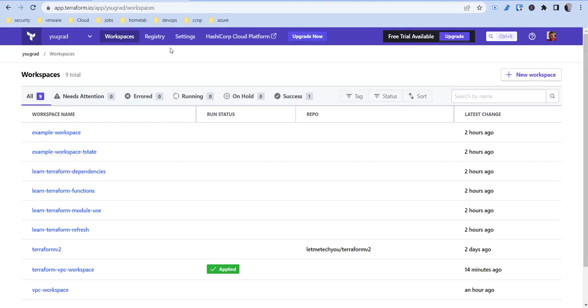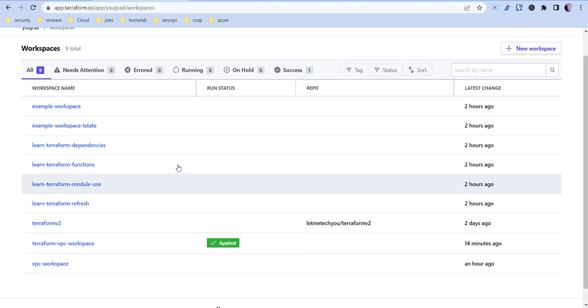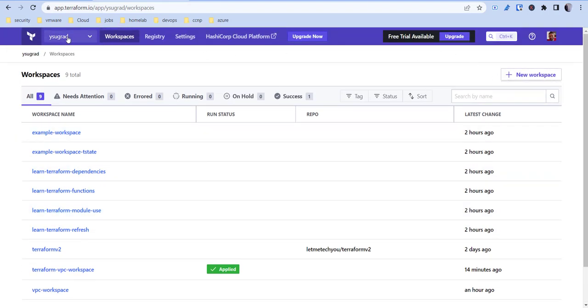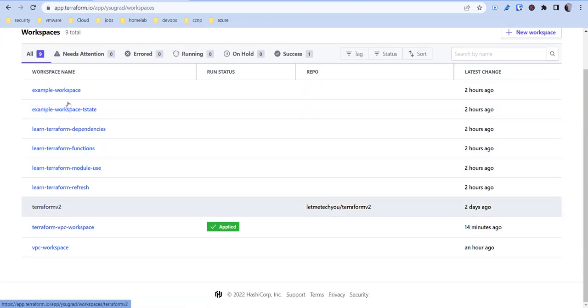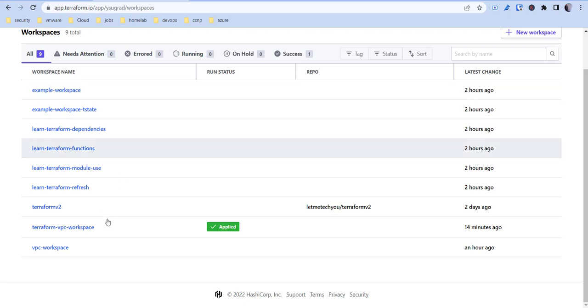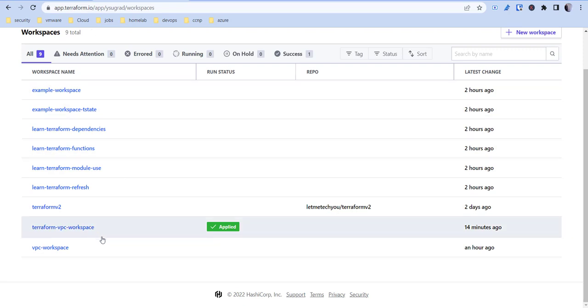Yeah, so app.terraform.io. I'm already signed in, so you see I get a bunch of workspaces. Once you get signed in, you're going to create an organization. Mine's just called YSU Grad. And then these workspaces, you're probably not going to have any, but that's fine because our code's going to actually